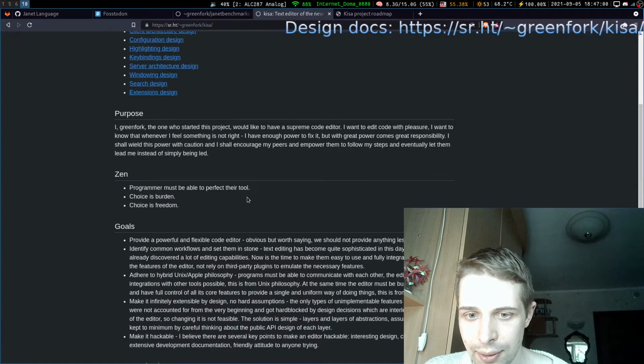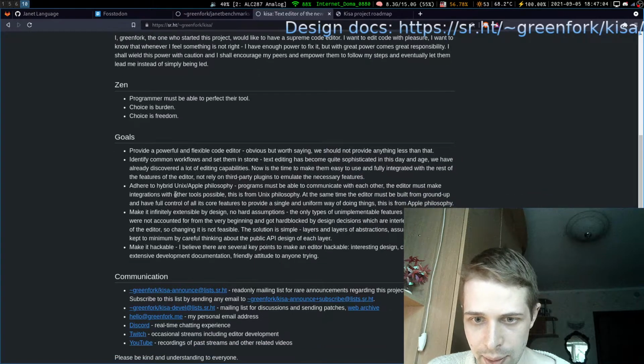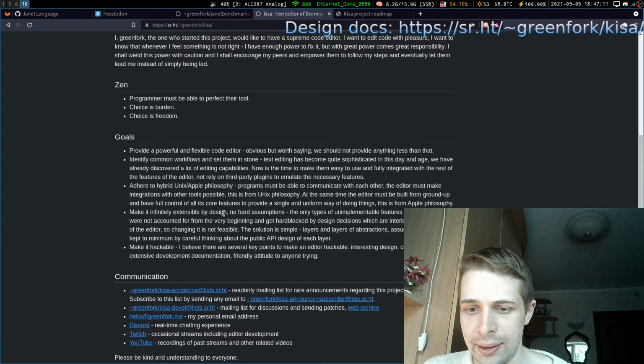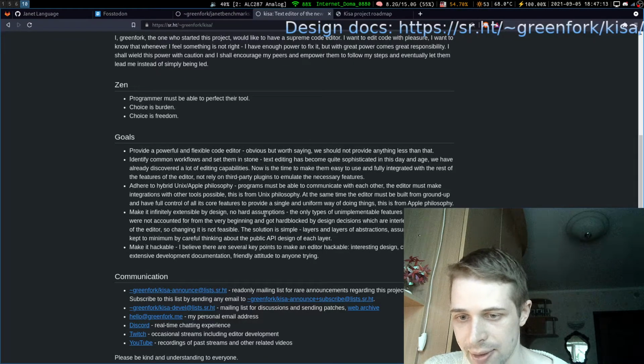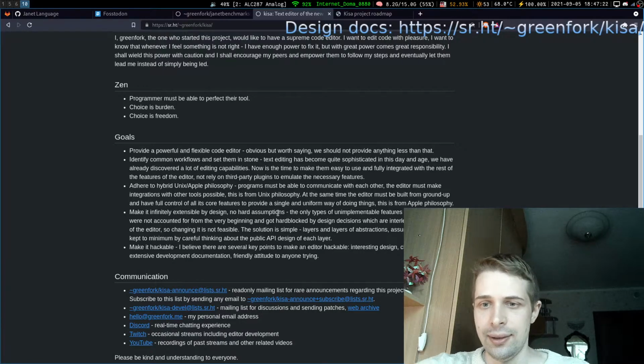One of the goals, yeah, I have very extensive goals, and one of them is to make it infinitely extensible by design, with no hard assumptions. What it means is that we don't want any hard blocks.